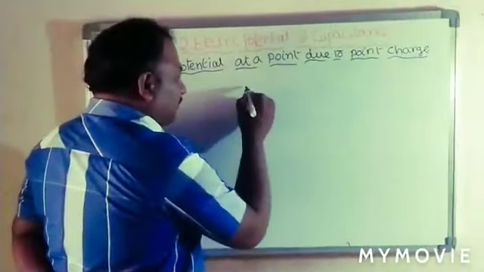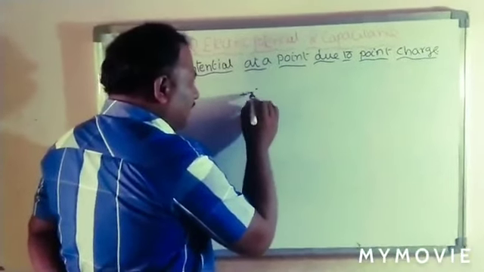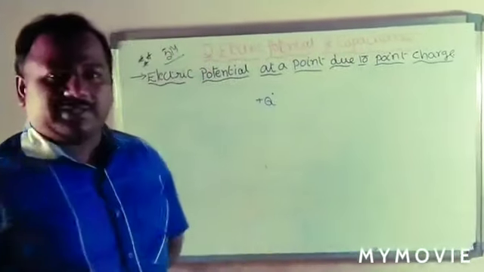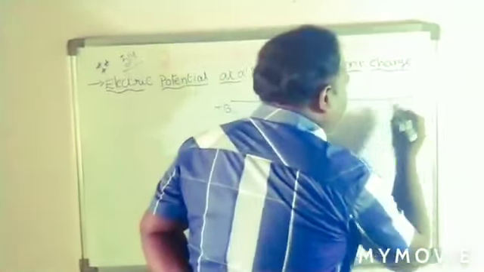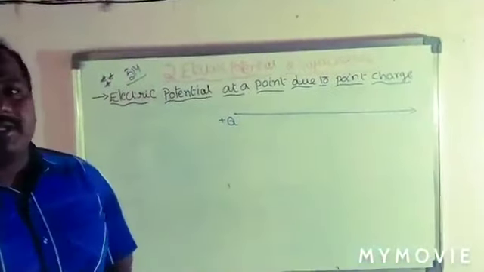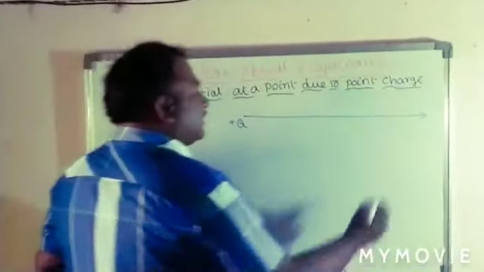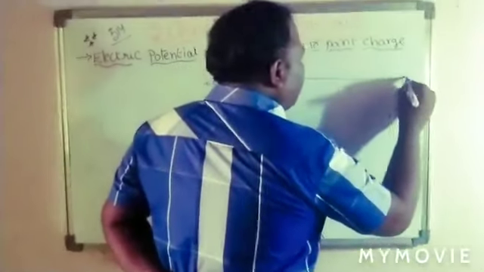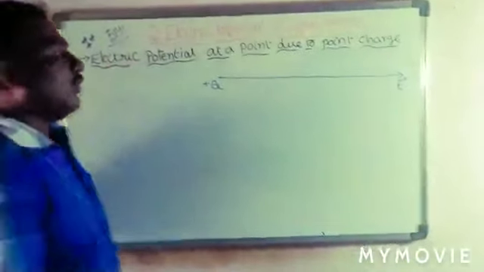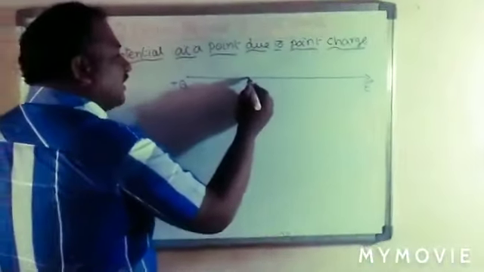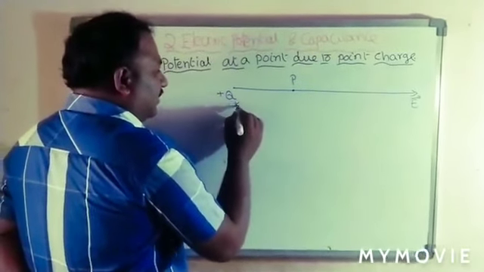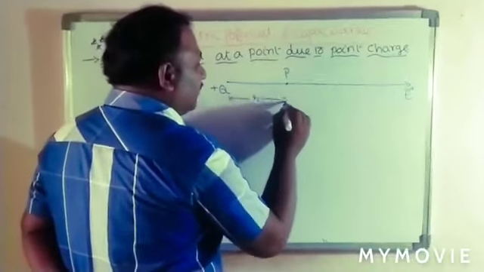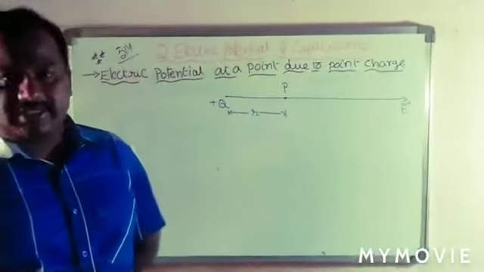So first I draw the diagram. You have to understand it is a point charge, capital Q. Due to this point charge, electric field lines are always moving away or terminating. Now this is the electric field. It is the infinite distance. If you want to move a 1 coulomb charge from infinite distance to a finite distance at point P in the electric field, here the point P is at a distance of r from the given point charge.